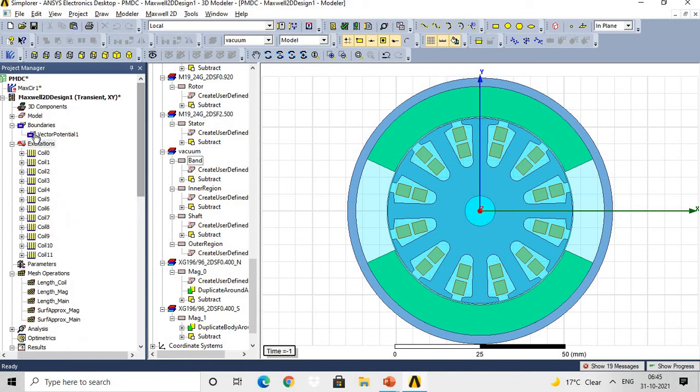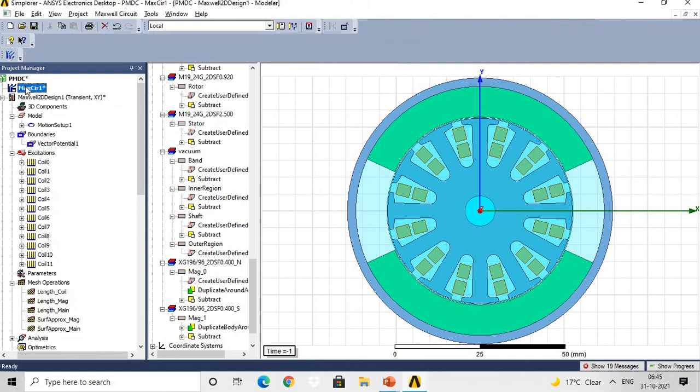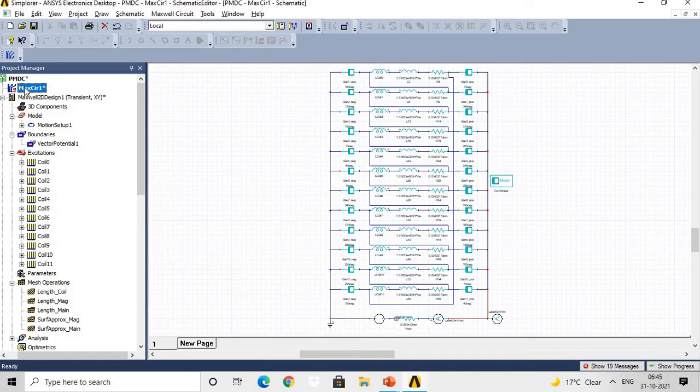So here, this one, actually I want to discuss this part. See, whenever you are going to design any motor, unless and until you work on that motor's converter and controller part, your design will not get completed. So here for this case, the supply circuit is shown here by the Maxwell circuit parameter. But if you want to modify this supply circuit, then you need to work on the ANSYS Simplorer part.